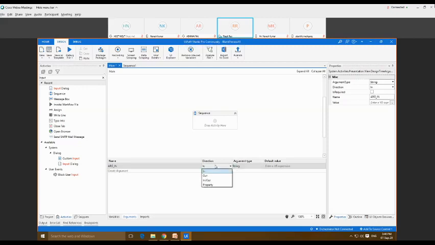So depending upon our application, if you want to pass that information only within a single activity inside one workflow file, then we have to use the in direction. If you want to pass the information from one workflow to another, then we have to use the out direction. And if you want to pass the information from one to other, and similarly utilize it at the same time within the same workflow, then we have to use in and out. So this is about the direction of this argument.